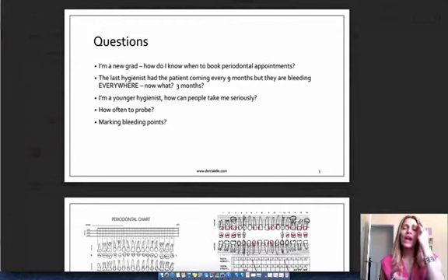So I hope that did answer your first question: how do I know when to book perio appointments? First, I'd say look to see how often they have been coming in the past few appointments. If it's every 3 months, 4 months, 6 months, every year, that's a good place to start, and then go from there. If you notice more plaque or tartar than usual, then you might or should say to them, you know what, sir, ma'am,